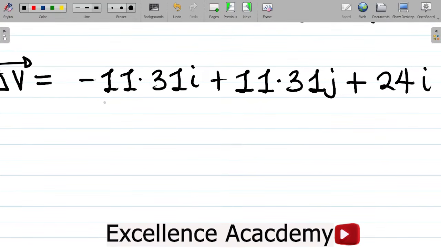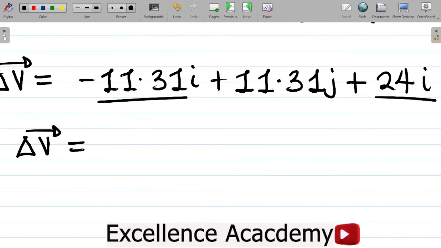Now let's work with the i's. I'll take this and this. So I'll have that my change in v is equal to, if you punch minus 11.31 plus 24, you have your answer as 12.7. Let's give this in one decimal place. So this gives you 12.7. This is in I, approximately in one decimal place, plus the second one gives you